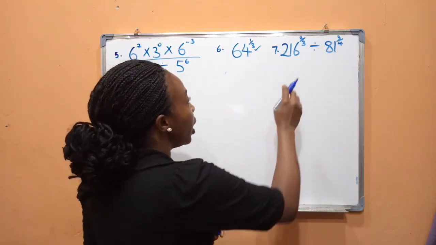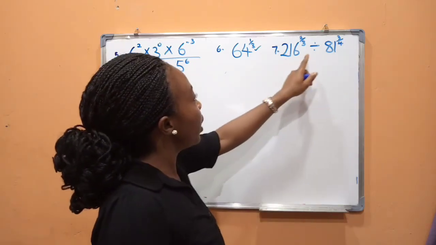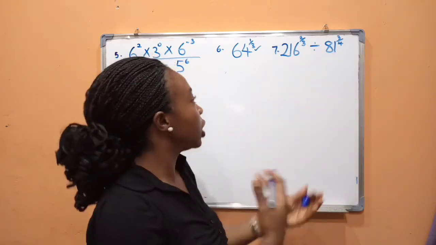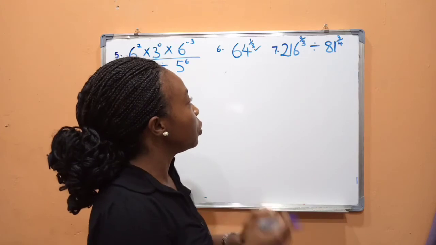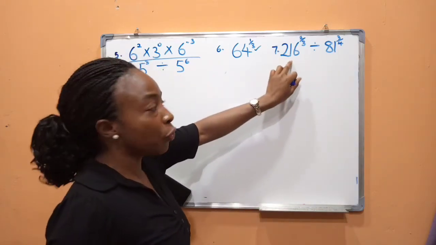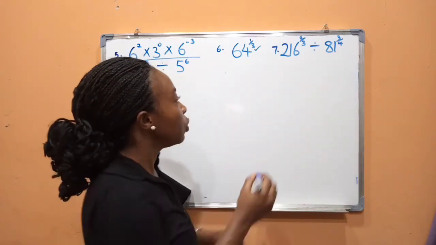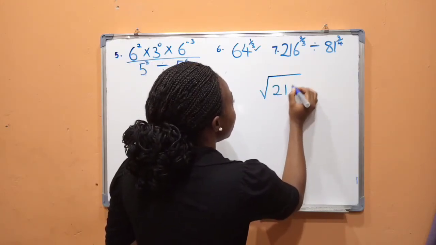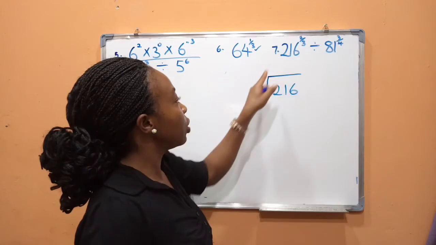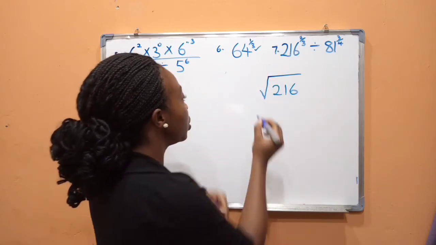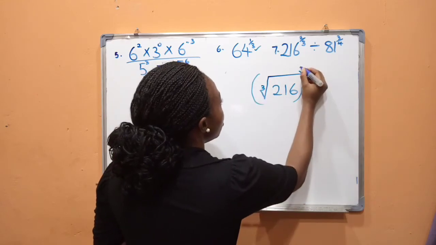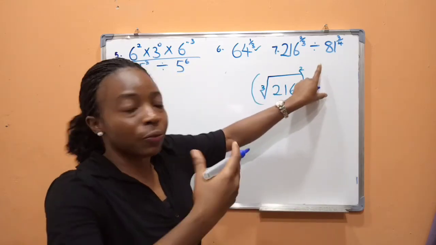In this case, we have this dividing this, and they both have fractional exponents. So here's what we do. We are going to have this in the root form, and we're going to have this in the root form. So when we do that, we're going to have 216. Remember, the denominator takes this position. So we're going to have 3. Then we are raising it to the power of 2, right? And then we divided by,